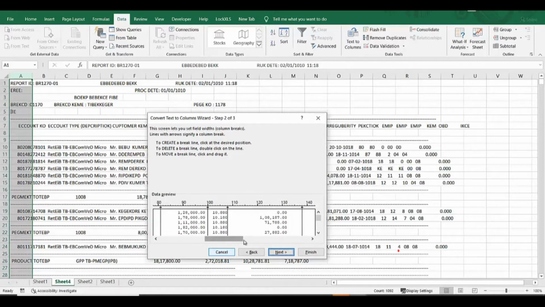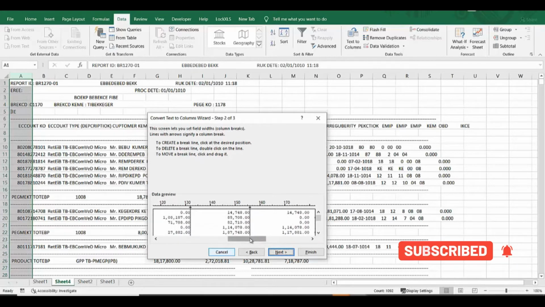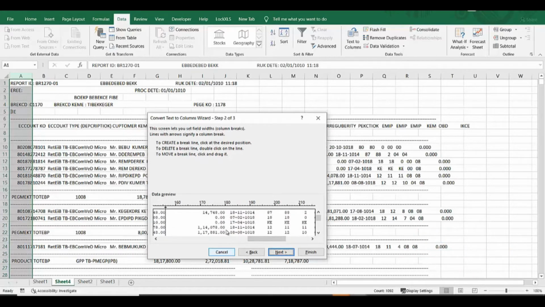You can double click on a line if you want to remove it. So we have finished drawing lines and now click next and finish.